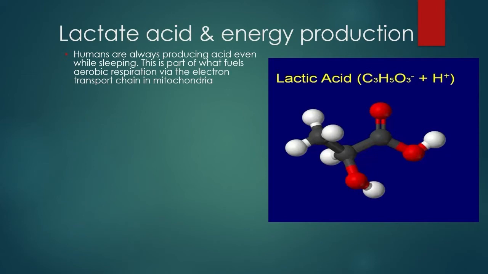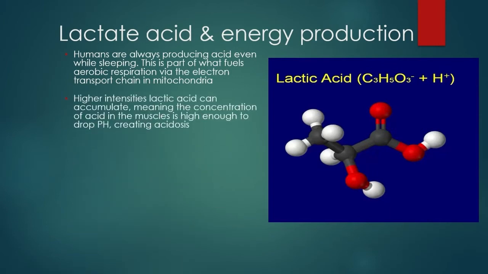This is part of what fuels the aerobic respiration. So the free hydrogen ions we're going to talk about here help fuel the aerobic respiration. If you didn't have this, aerobic respiration would eventually go away and you wouldn't be able to produce any energy. So don't think of it as turning on any of these energy systems, because all 3 of these ways of recharging ATP are always going to be going. And the way that aerobic respiration uses the hydrogen ions is through the electron transport chain in the mitochondria. I did a whole video on aerobic pace summaries. I'll put it in the description down below if you want to take a look at it, where I explain that in detail. The thing is, though,